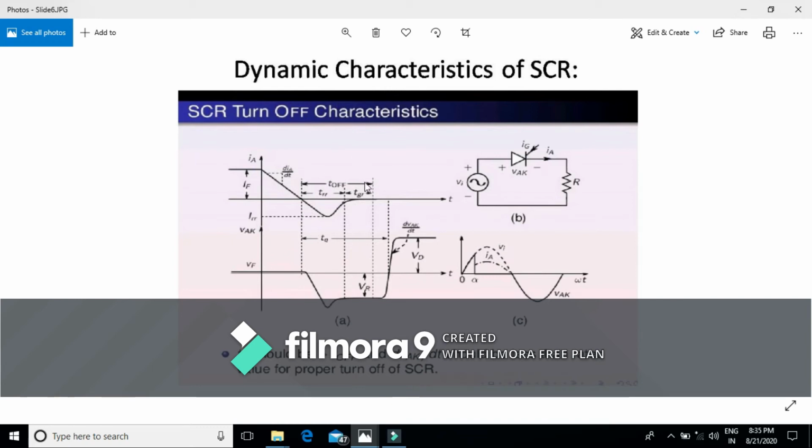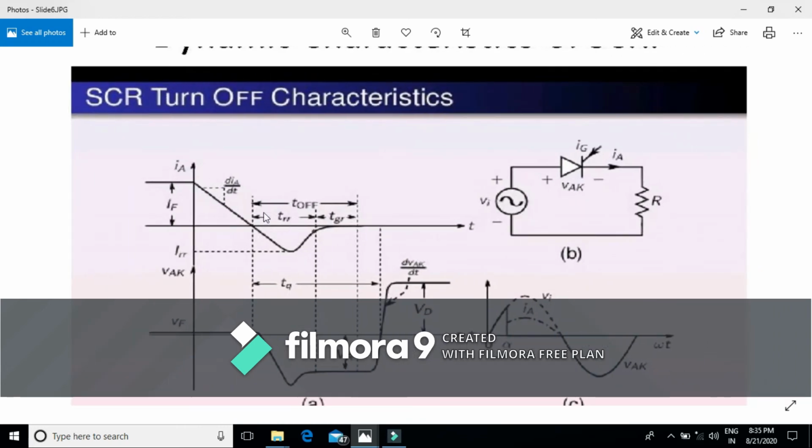This turn off period is divided again into two intervals. One is this TRR, that is the reverse recovery time, and this is the gate recovery time, TGR. This is the forward, that means this is the on state. During this on state, we will have some finite value of current that is represented by forward current, and this forward voltage or on state voltage drop will be slightly greater than 0. Once we are turning off the SCR,